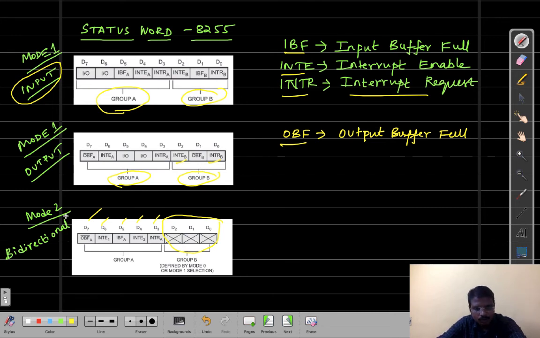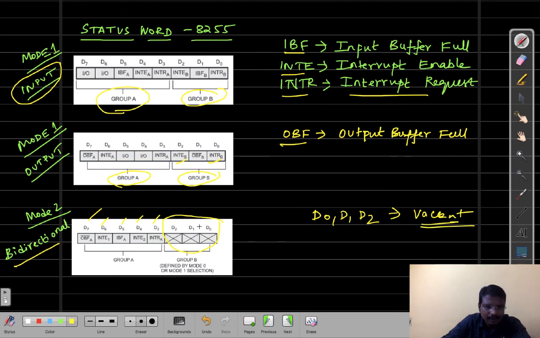Then coming to mode 2. Mode 2 is called the bidirectional mode, where port A is used for operating in both the input as well as the output direction simultaneously. That is the beauty of bidirectional mode. In bidirectional mode, bits D0, D1, D2 are vacant; they cannot be used for accessing any content.